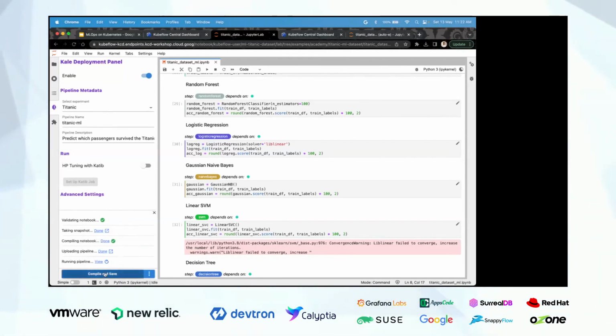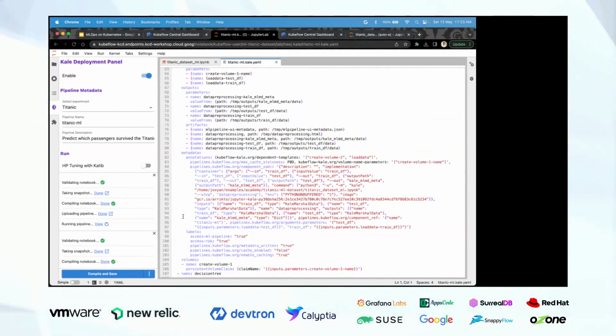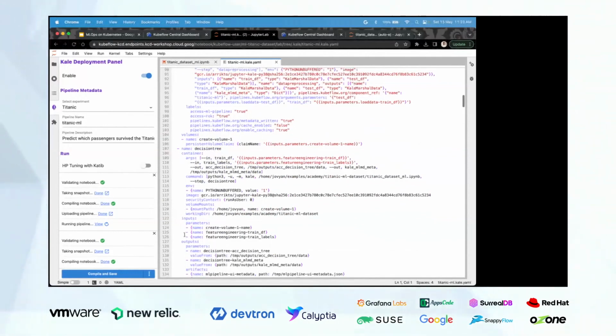If I run this compile and save, it will compile and save the YAML file. Essentially, if you want to run a Kubeflow pipeline, you need to have a YAML file which tells you each of the steps of the Kubeflow pipeline. Okay, so this is the particular YAML file which defines each of the components of Kubeflow, and that is how the pipeline is being run.